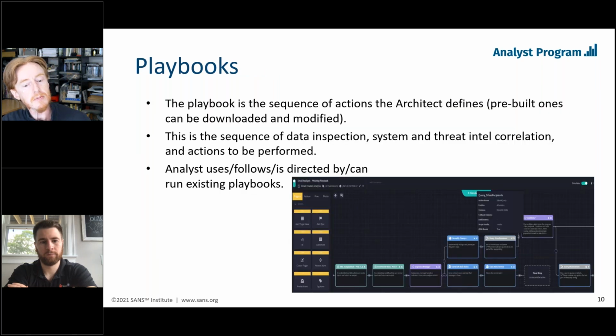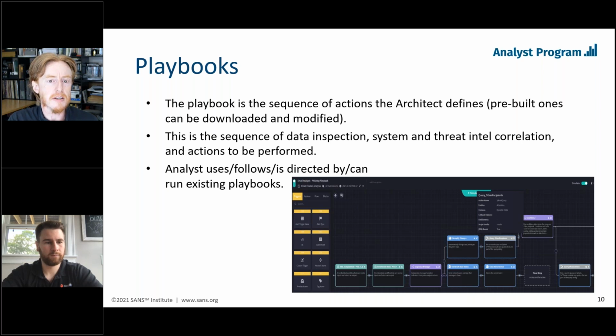The playbooks are the sequence of actions, right? Playbooks are basically the thinking process that you want the system to go through. And the system is actually able to incorporate different triggers and actions and decision-making points into the playbooks.